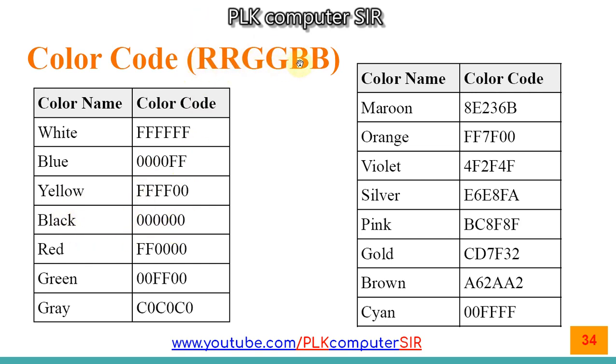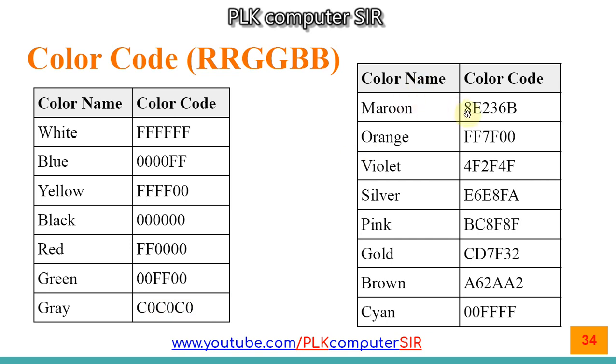So there will be six alphanumeric digits, 1 2 3 4 5 6 0. For red, we have to give F, the highest value, to red, and green and blue will be 0000. For green, red 00, green FF, blue 00. Similarly for gray,